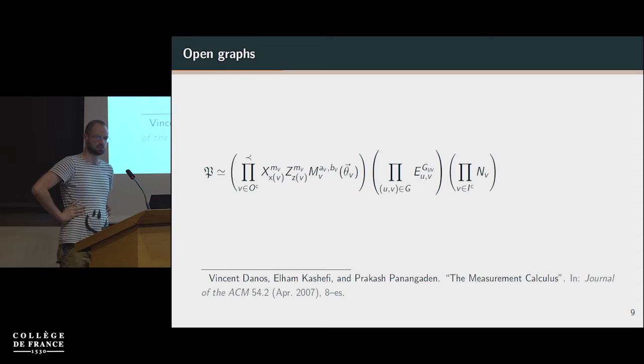In the case of qubits, but generalizes very easily to the case of qudits, any measurement pattern with some additional causality axioms imposed on it can be rewritten in the following form. Firstly, we perform a set of initializations. We then perform a bunch of controlled Z entangling operations, and then on this prepared state, we perform a sequence of measurements